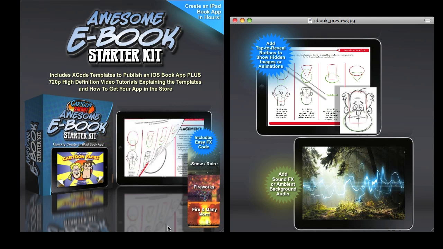So it's a lot of things that I wish I had known early on, explained in the video, and then we'll start talking about the actual templates. That'll go through about 6 videos, and then around the 7th video, we're going to start talking about things that you absolutely have to do to get approved to sell a book in the App Store, because a lot of